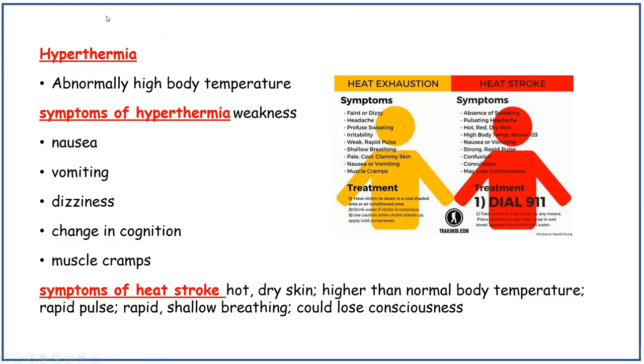Okay, now looking at the effects of hyperthermia and also hypothermia and frostbite. Hyperthermia is when you're too hot, when there's an abnormally high body temperature. The symptoms of hyperthermia are nausea, vomiting, dizziness, changing cognition, muscle cramps. Symptoms of heat stroke: hot, dry skin, higher than normal body temperature, rapid pulse, rapid shallow breathing, and you could lose